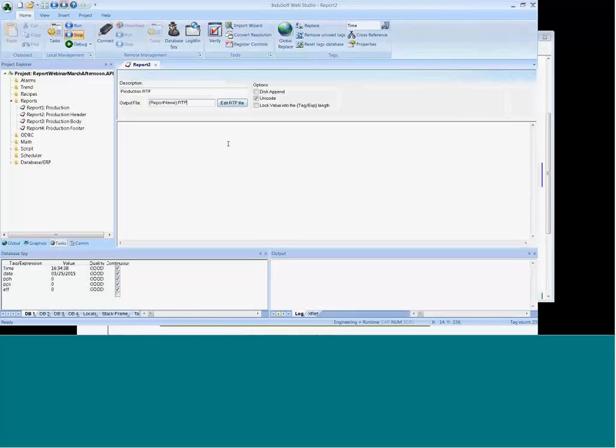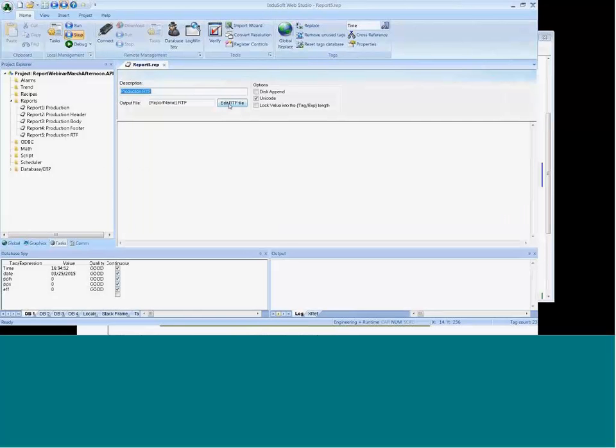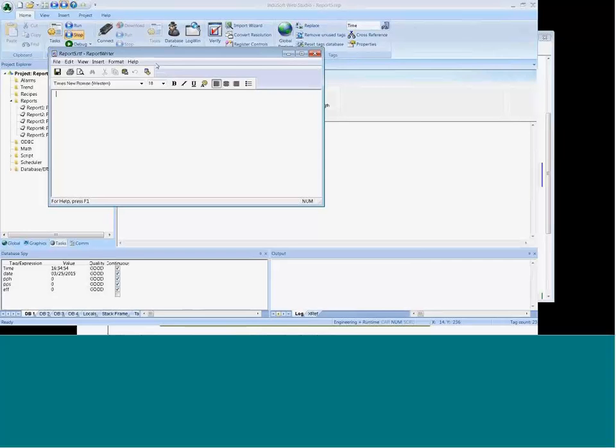And before I can go into the editor here, I have to save this. So I'm going to save this as report 5, just to give us the next one over here. And go back into this, and when I edit this file,